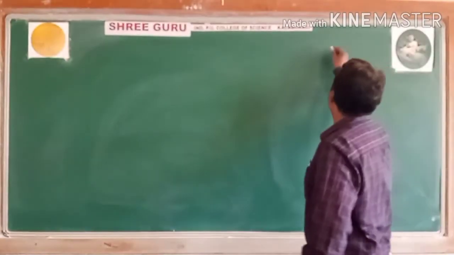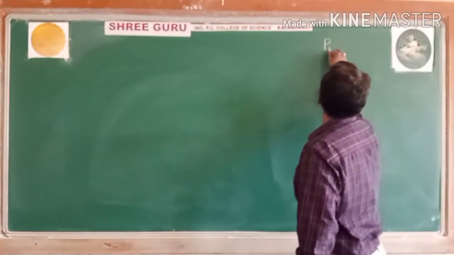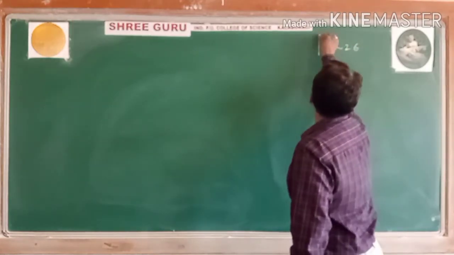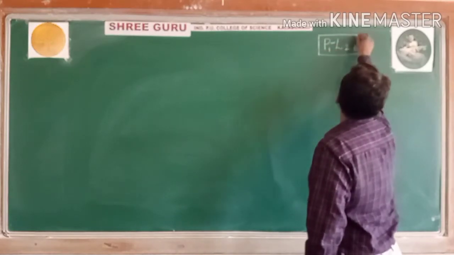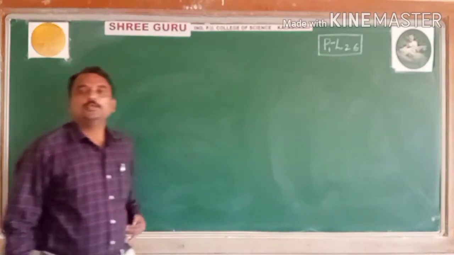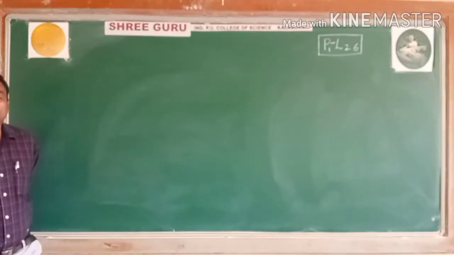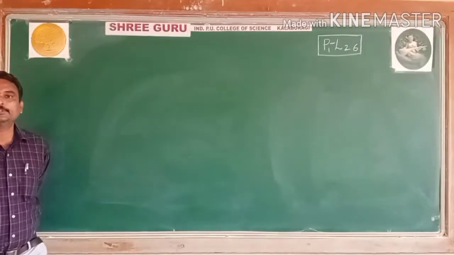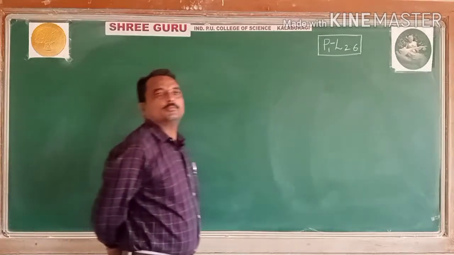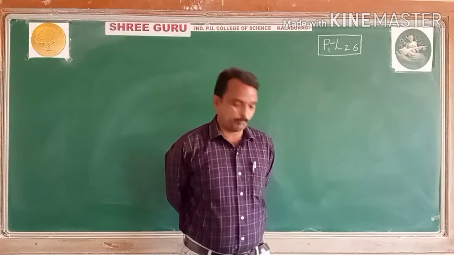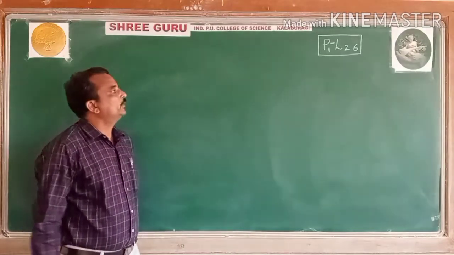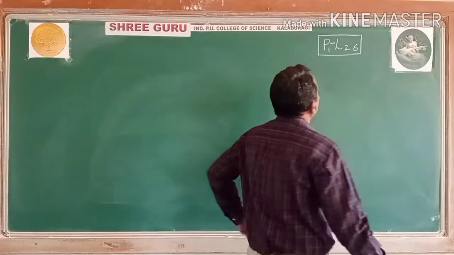Come to class number 26. This is the 26th class of trigonometric functions. Now let us see, students. We have calculated some 3 marks and 5 marks questions, examples on compound angles, the sum and difference formula and the product formula. Let us calculate some more examples on these sum and difference formulas.